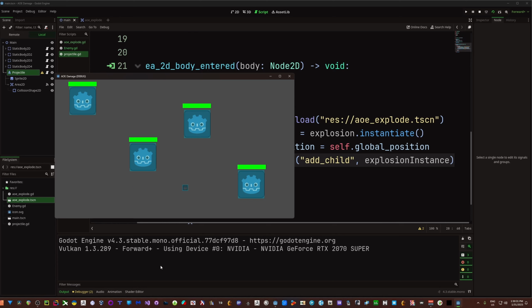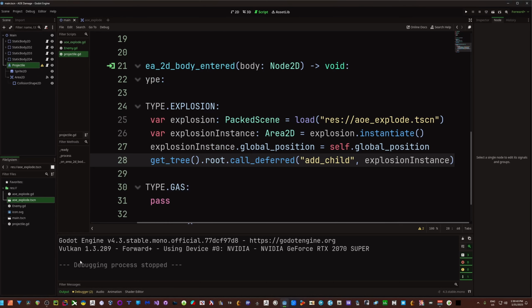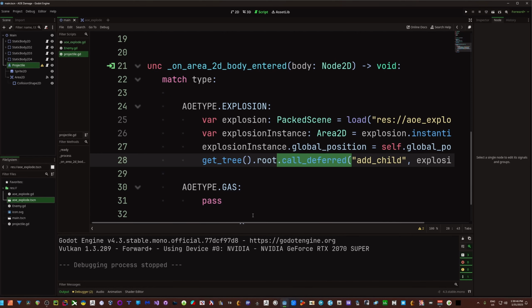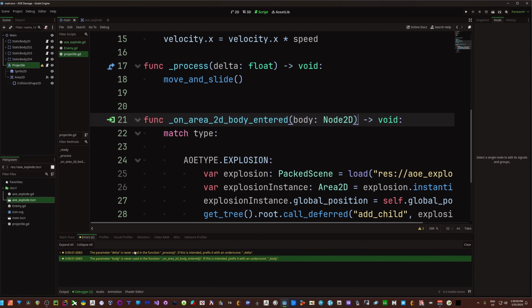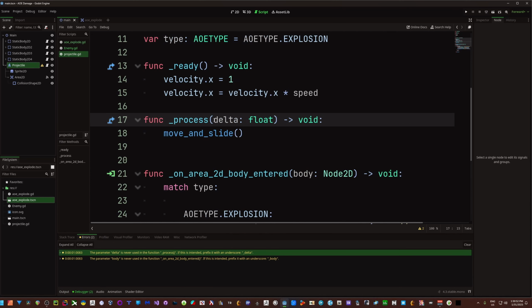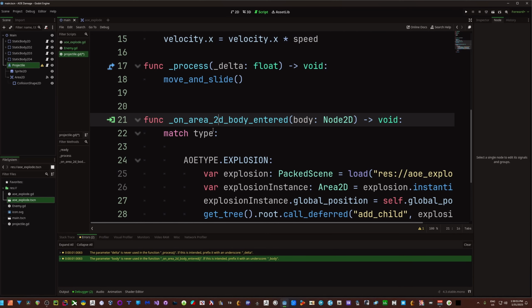And if we just give it a moment, it goes on in, hits. Debugger should stay at 2, it should not hit 3. Perfect, there we go. So if you're confused or worried about that down there, that's all it is. It's just saying that I needed to use call_deferred for my add_child here. And if you're curious about these, just saying, hey, body and delta is never used, that's fine. Use an underscore there,